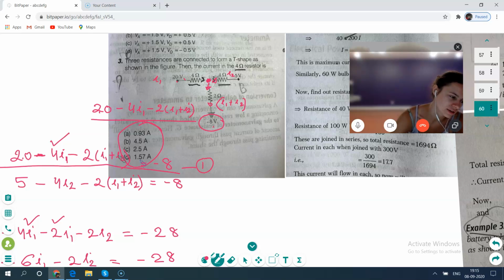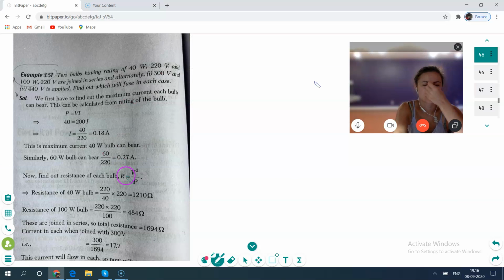So basically, I need to take from both. See, the voltage is given for the particular point. Please understand. When you are walking from higher voltage to lower voltage, voltage is getting